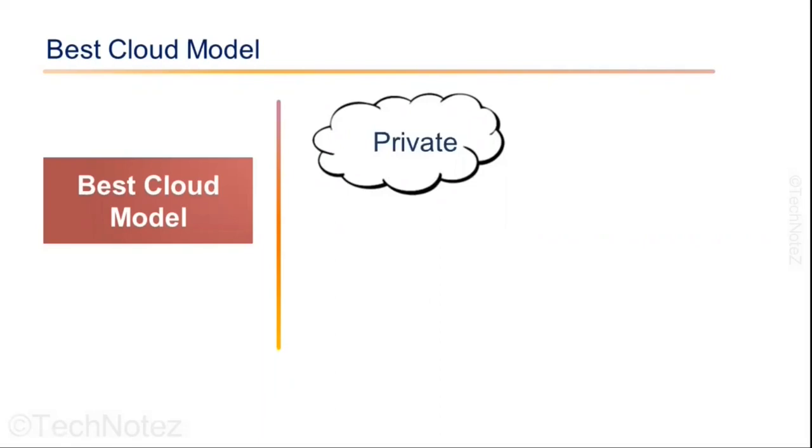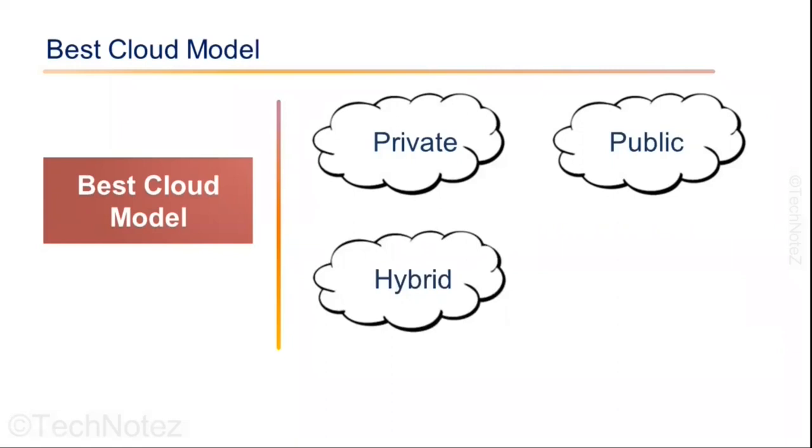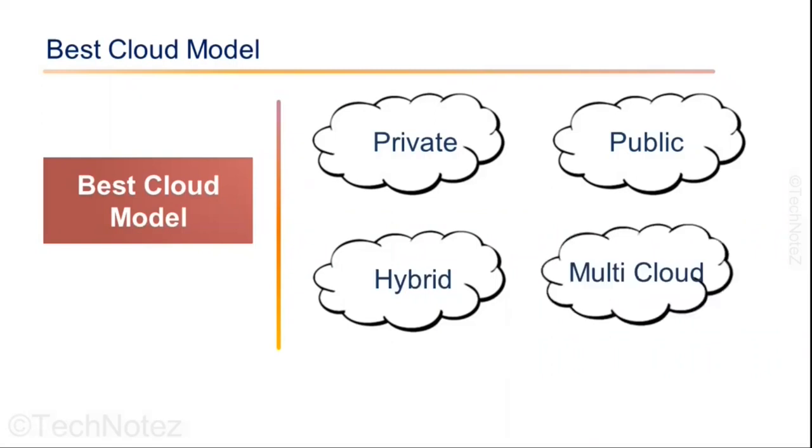Private cloud is best suited for organizations that require complete control over their data and infrastructure. It is best for companies with high security requirements, such as those in the healthcare, finance, or government sector. Public cloud is typically the most cost-effective option and offers scalability, flexibility, and ease of use. It is best suited for organizations with limited IT resources, those who require a flexible and affordable solution. Hybrid cloud is a combination of public and private cloud that enables the organization to take the benefits of both models. Multi-cloud involves multiple cloud providers, and organizations use a combination of public, private, and hybrid cloud for their applications.